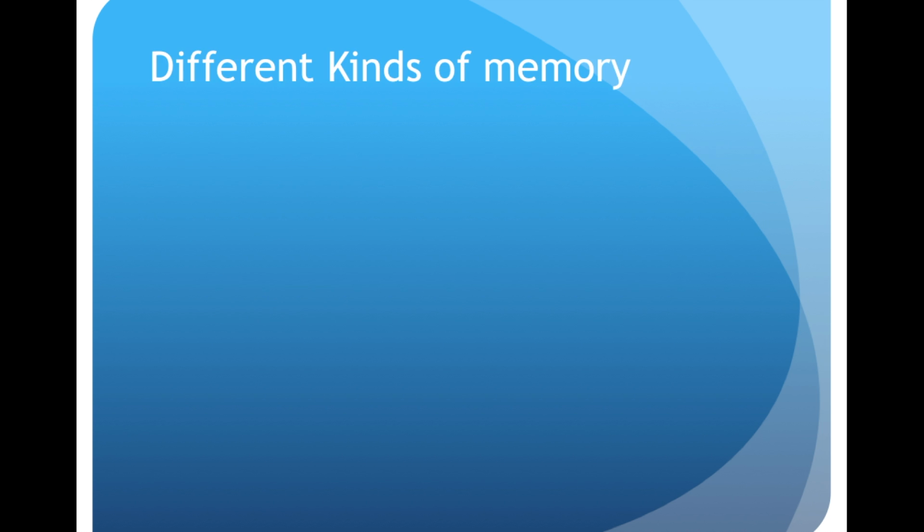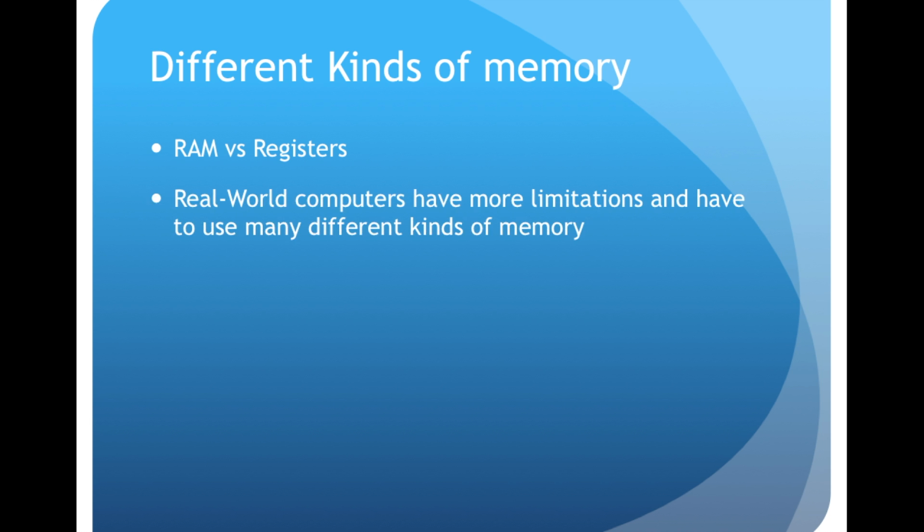On to memory hierarchy. We have discussed the differences between different kinds of memory such as RAM and registers before. Your registers should store pointers while your RAM should store data. More complicated computers have many different kinds of memory because of a trade-off between cost and speed. Because the fastest kinds of memory like cache and RAM are very expensive, while the slower kinds of memory like hard drives are significantly cheaper, computer manufacturers have to use only a little bit of cache to make their products